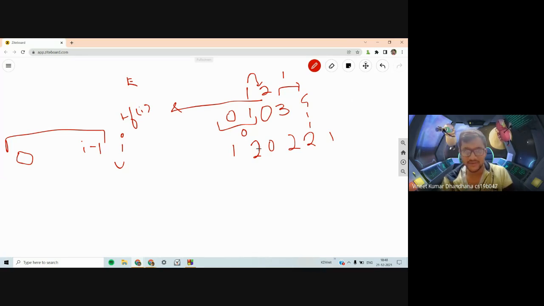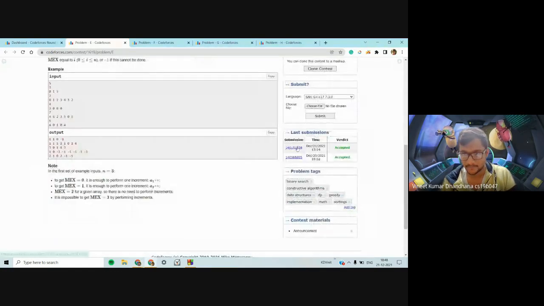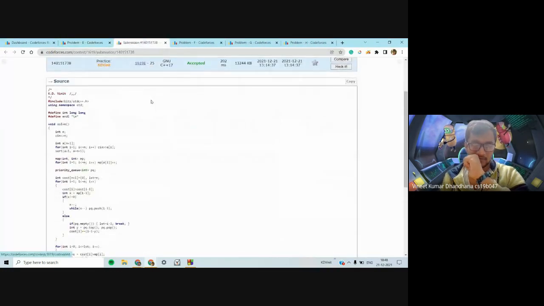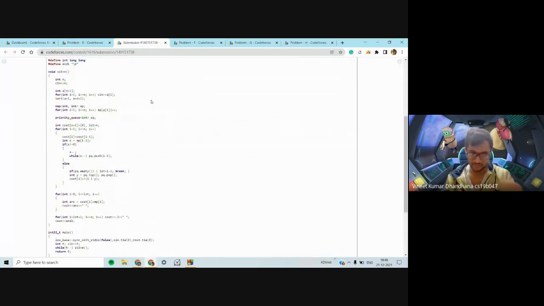So how you exactly do this, I will just show the code. Yeah, so this is my code for the problem. I guess it's a small code in general for a problem. So you take all the elements, you sort them, which is maybe not very necessary. I have used a map. You can use an array as well. Again, a map is simply an array if you use it in the integer format. For each element I just increment its frequency by 1. The map is initialized to 0 initially, and you increment its frequency by 1. So basically map of x is the number of times x occurs in the array A.